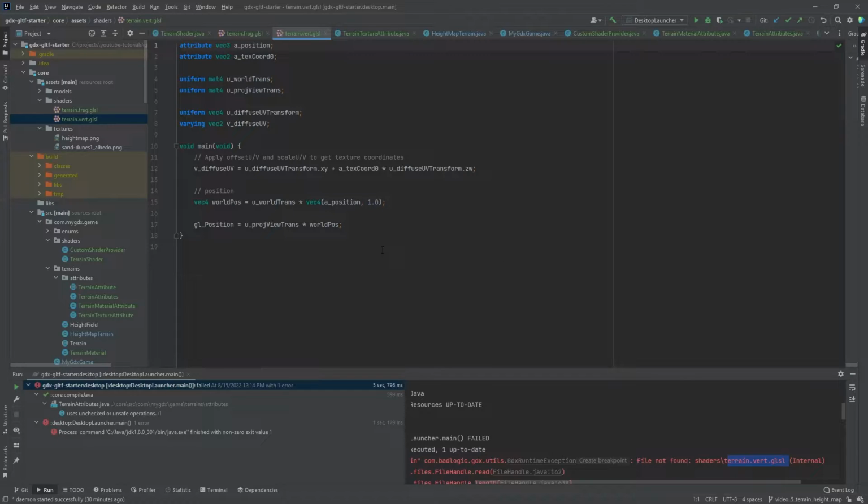These are pretty simple for now because we're just trying to replicate what we had before, which was rendering just a single texture. So we have some attributes coming in which are passed in for us. These are vertex attributes. We have the world transform, the projection view transform, which is the camera combined value if you take a look at the camera class. And then we have this diffuse UV transform, and this is going to represent our scale, offset, and scale UVs. We haven't actually set those up yet, but we're going to do that soon. The result of this will represent the actual texture coordinates